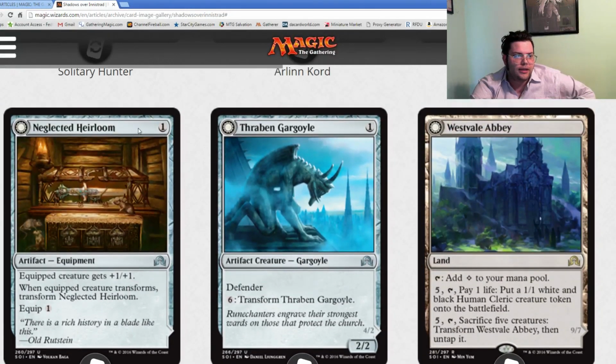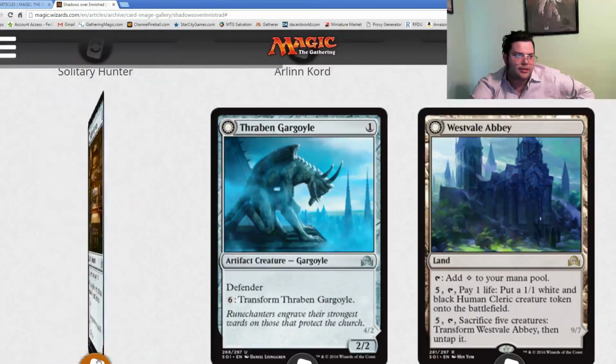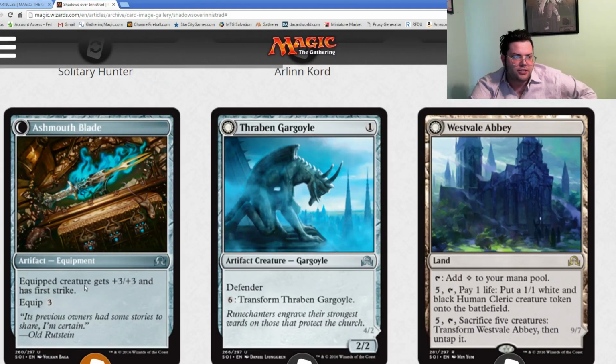Neglected Heirloom is 1. Equipped creature gets +1/+1. Equip 1. When equipped creature transforms, you transform it. Equipped creature gets +3/+3 and first strike. Equip 3. If I had 6 equip creatures, I would run this, and it would be good. Otherwise, I would not run this. That's where it's at. I think it's a D equipment. This is one that I either don't want to run at all, or I'm fairly happy running because I have